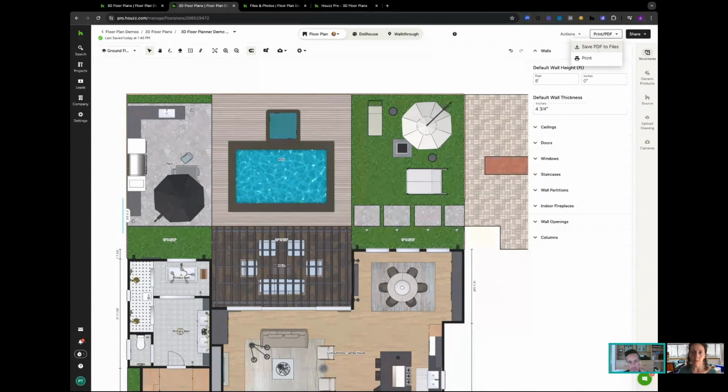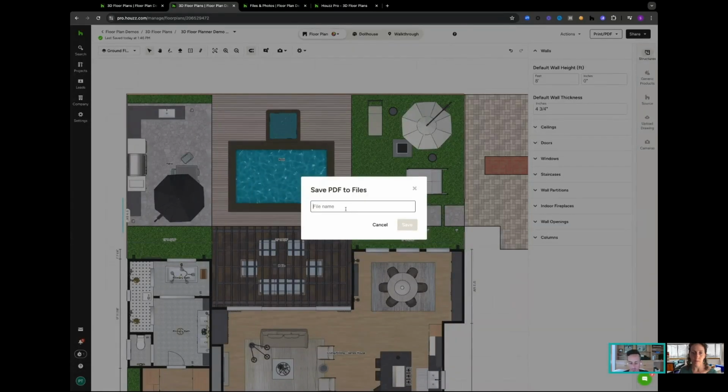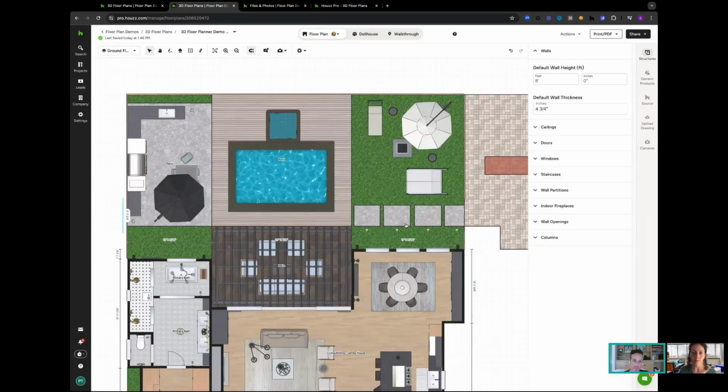This will automatically create the PDF of what you're seeing here and then save it to your files and folders in House Pro. I already have one, but I'll go ahead and do it. And then from there, you can download that PDF, or you can store it in your House Pro, or you can go in